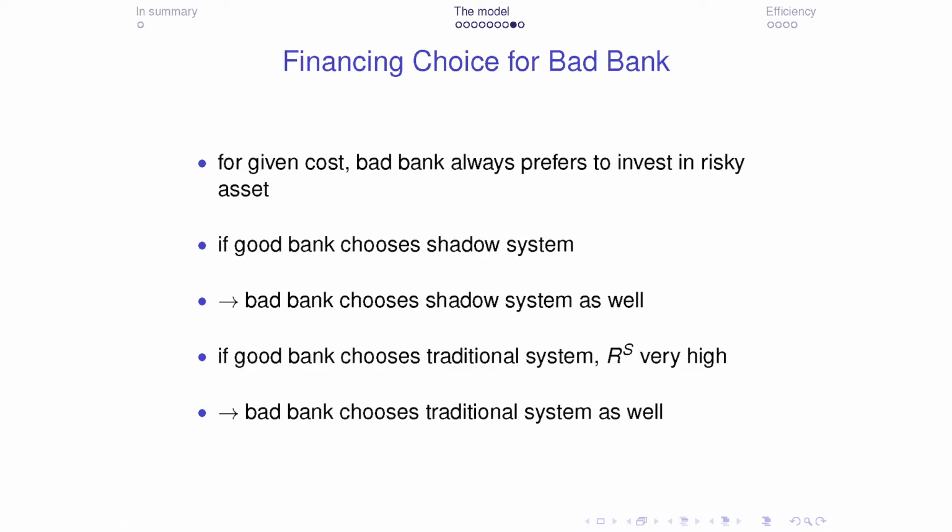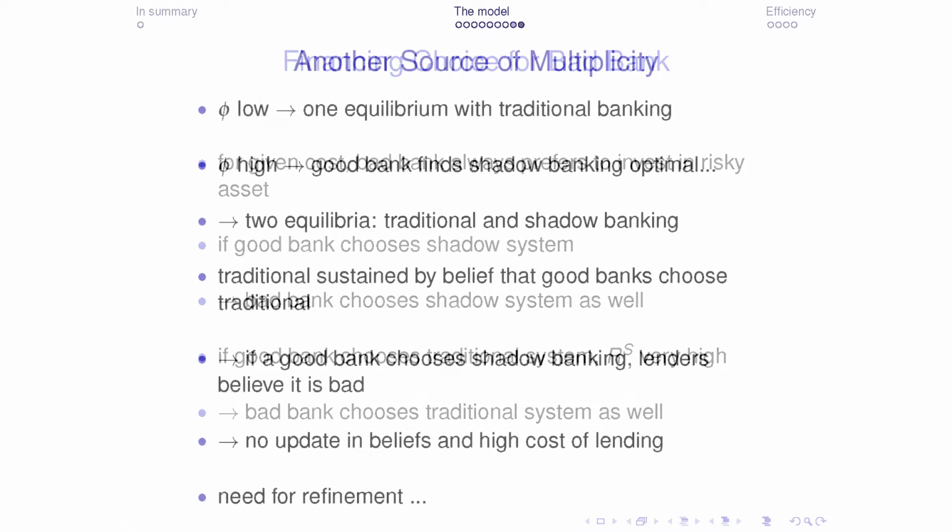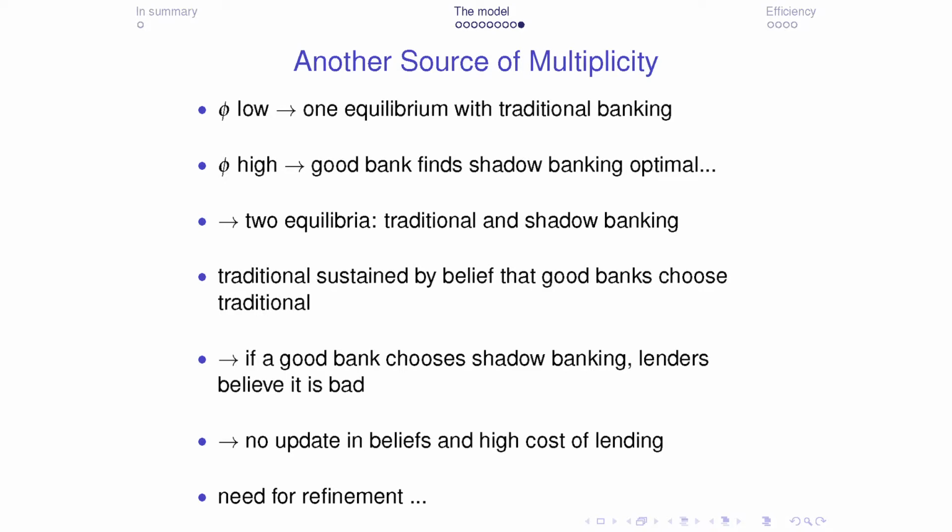Now, there is one thing that I think is not in the paper: there is another source of multiplicity. When phi is low enough, there is one equilibrium, and the banks, both good and bad, participate in the traditional banking system. But when phi is high enough, the good banks would find the shadow banking system optimal. Actually, it depends on the beliefs of the lenders. So there may be two equilibria, one with traditional banking and one with the shadow banking system, because an